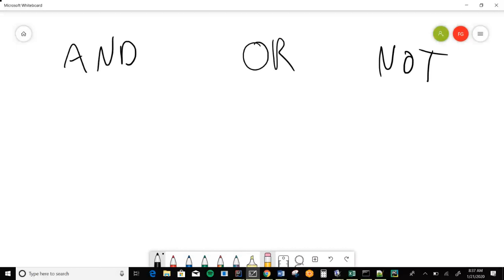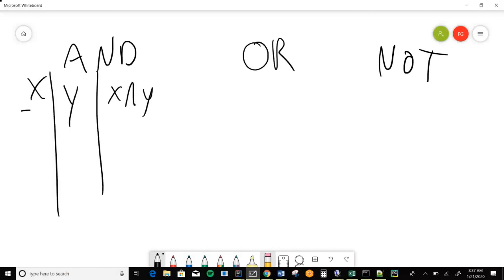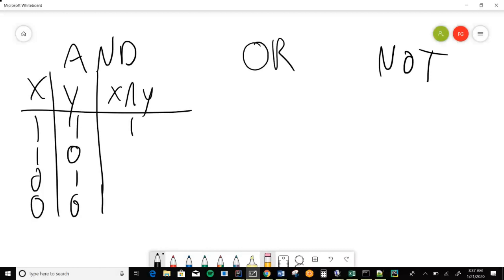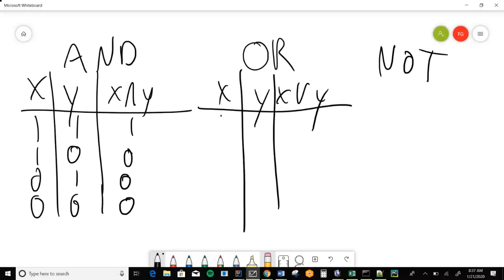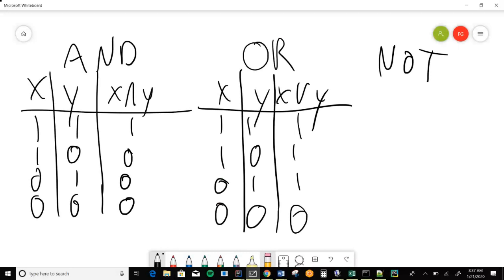So let's set up some truth tables for these. As we discussed earlier, and looks like this, or winds up looking like this. So somebody remind me what or is. What's the or of 2 bits going to be? Yeah, Andre. As long as one value is true, the output is true. Yep. And then there is not.